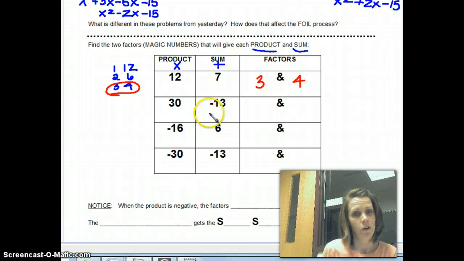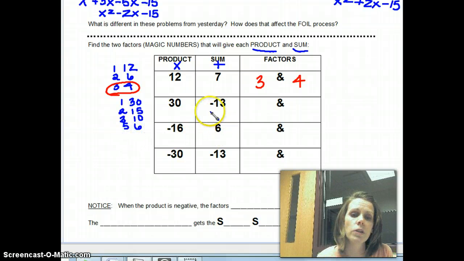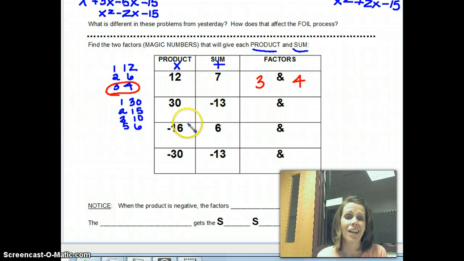Just pretty straightforward. Then we move into an example like this. We're going to do the same process, but we're going to look for our factors that will multiply together to give us 30. So I'm going to start with 1 and 30, 2 and 15, 3 and 10, and then 5 and 6. So now I'm going to look and see which of those can I add together to get -13. Right now, all of my numbers are positive. So I can't get to